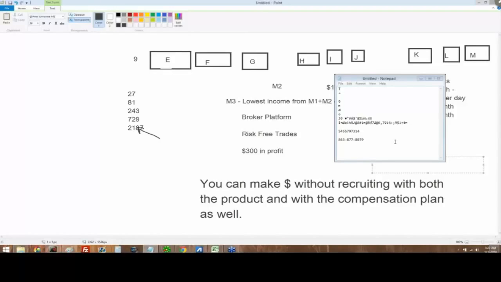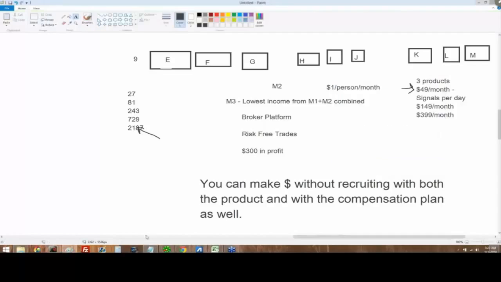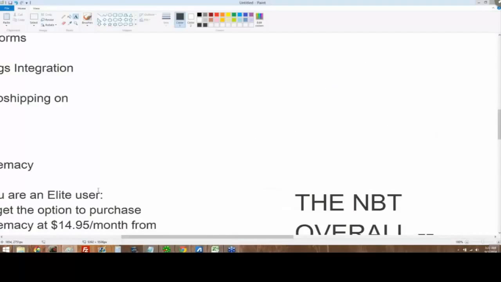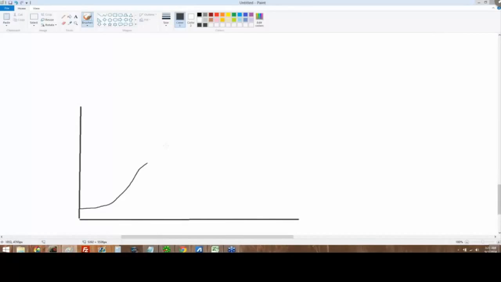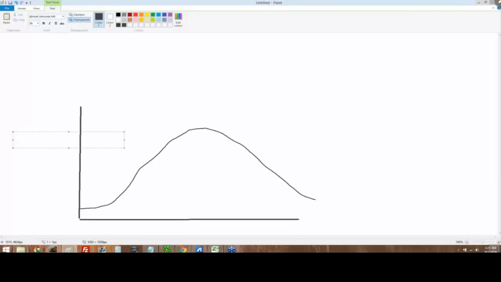People will now be able to move on to the next phase, which is investment. If you have attended those Tuesday night webinars, you all know there's this chart that I usually draw out if I'm on there, which goes something like this. If you look at the chart of the average person in their lifetime, the chart goes something like this. Okay, and this is their income over here, and this is their age.